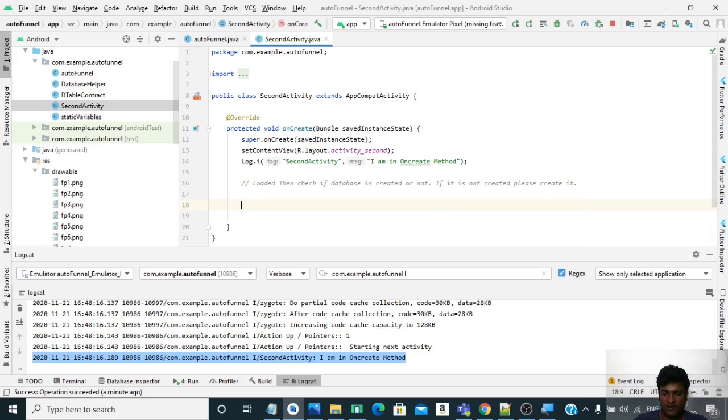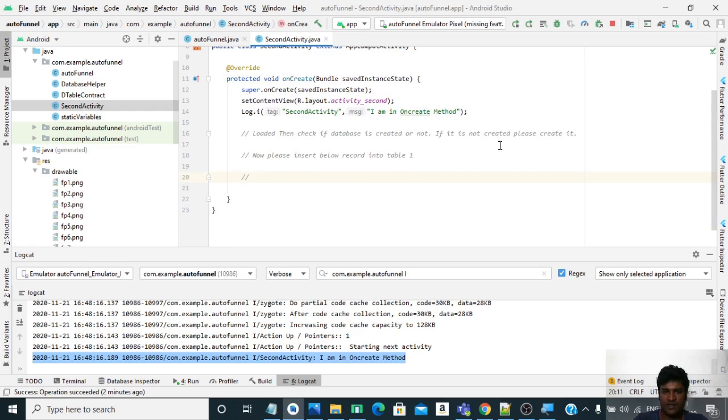And then we will write some code out here, and after doing this we will say, please insert the below record. So we will be inserting a single record for now. Please insert the below record into table 1, say. Now after doing that I will just say, please extract the company name of row 1 and show. Let us keep it this way. We put up a code for this, and at last we will say that